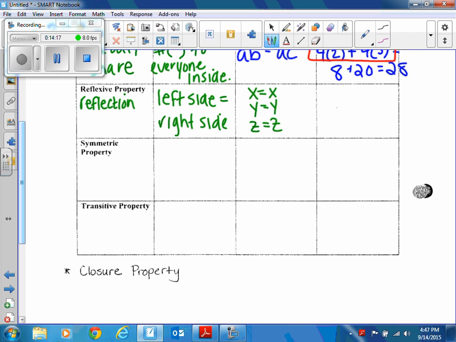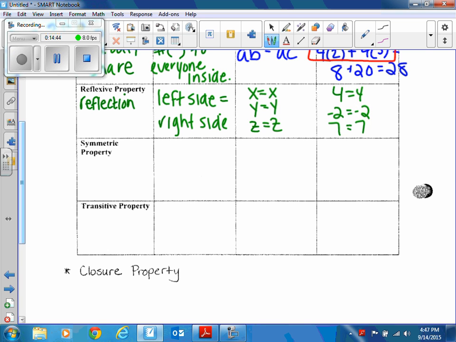If you want to see that numerically, it's just saying, okay, well, 4 is equal to 4, negative 2 equals negative 2, maybe 7 equals 7. And you will see the reflexive property used in geometry very often when you're doing proofs. So keep that in mind for next year. All right, so the